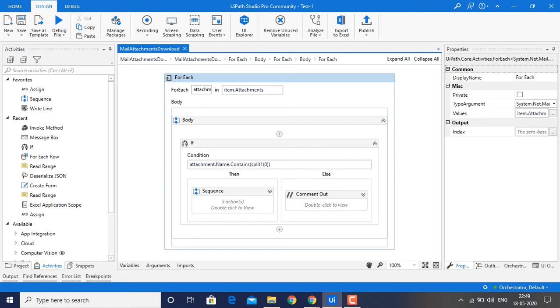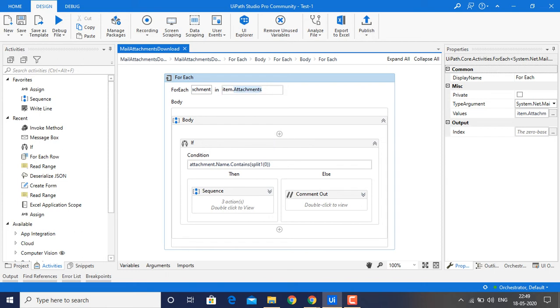If multiple attachments are available, it will loop through all of them. And I have taken an attachment name. It is an attachment, so I mention it as item.Attachments, because item.Attachments is a property, guys.